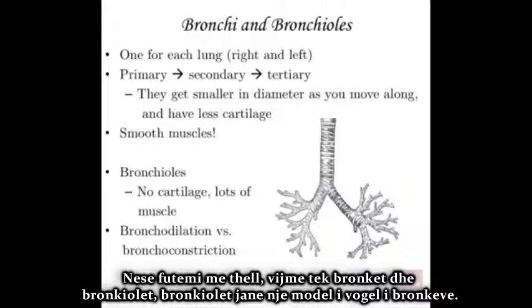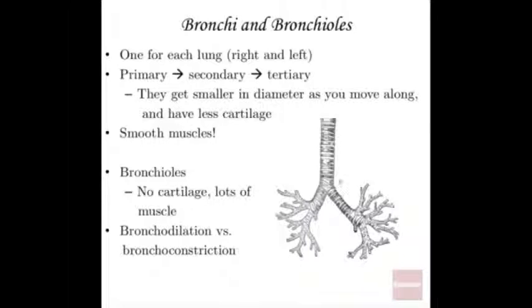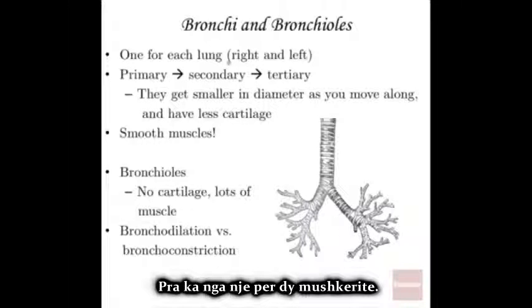When we go a little bit more inferior, we get to the bronchi and the bronchioles. Bronchioles basically means miniature or tiny bronchi. So this is plural, the word bronchi. A bronchus, we would replace the I with a US, is one of them. So here, right here on this picture, is one bronchus. Here's the other bronchus. And these are actually called the primary bronchi. Primary bronchus on the right, and this is the left primary bronchus. So there is one for each lung.